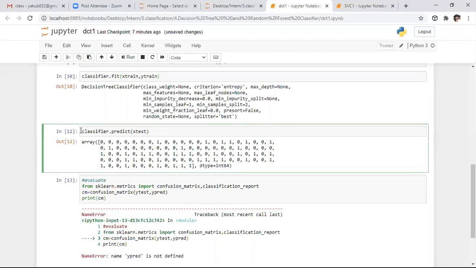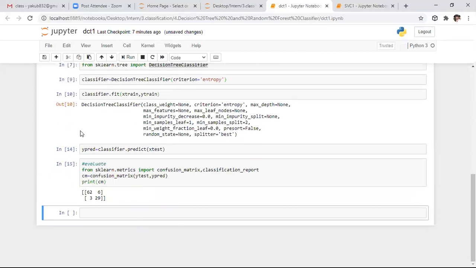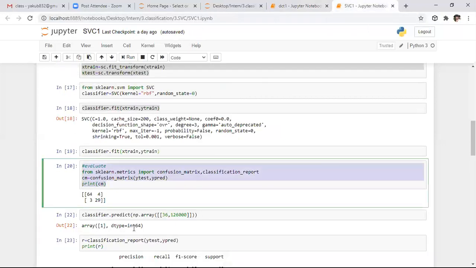Why predict is not defined? Here I want to specify y predict. Here it is our confusion matrix. If you observe this example, we predicted 9 points wrongly. That is, we are obtaining 91% accuracy by using the decision tree algorithm.